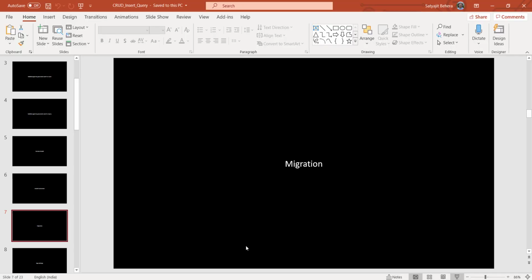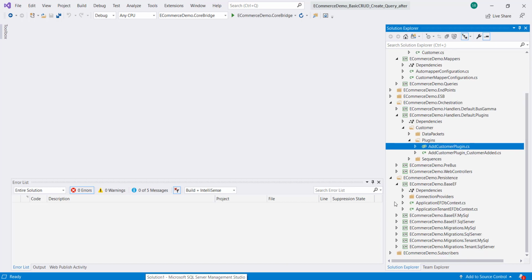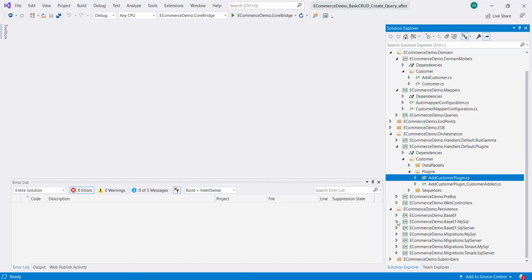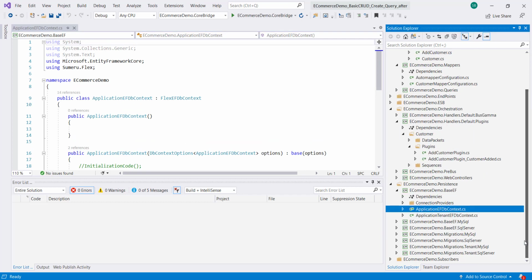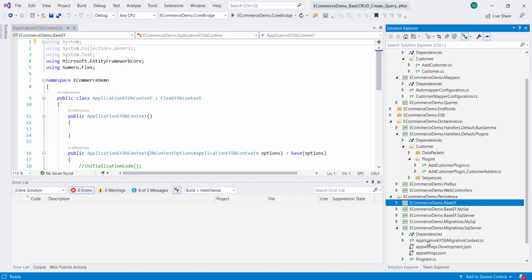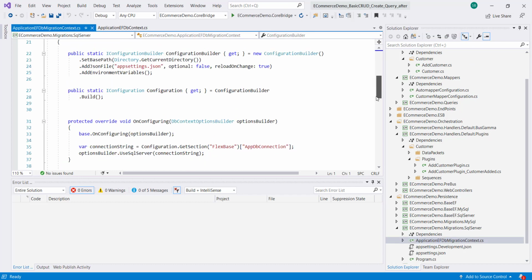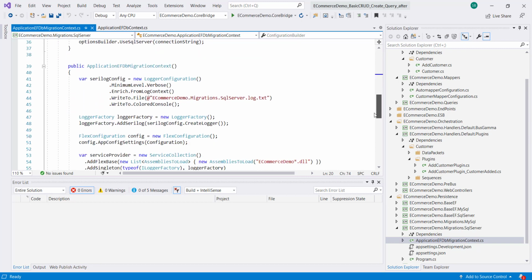Now let us look at how to create our database using Entity Framework Core migration. So I'll come back to my solution. We'll go to the persistence layer. Here we have the base EF, our application context, and the migration also has a context here, which is derived from the application EF DB context.